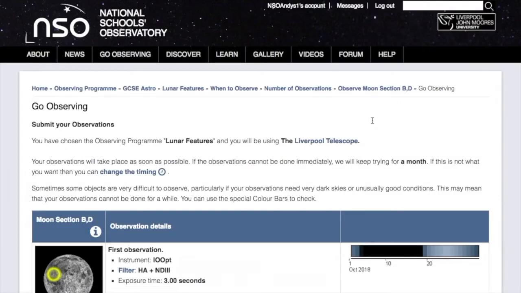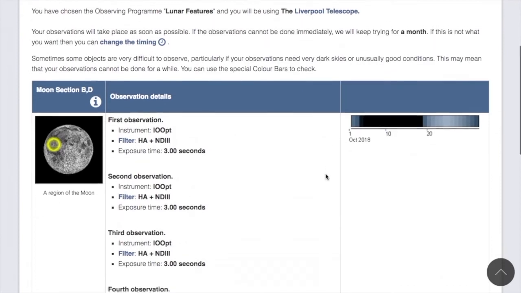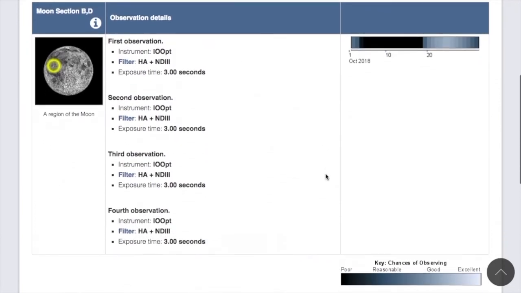And that's all the decisions they need to make. We at the NSO have done the final bit of working out the filter combination and exposure time because that's actually really difficult. The 2-meter telescope is not designed for looking at something as bright as the moon, so getting the right combination of filters and exposure times for the particular instrument took us quite a lot of work. We don't want your students to have to go through that, so that decision has been made.